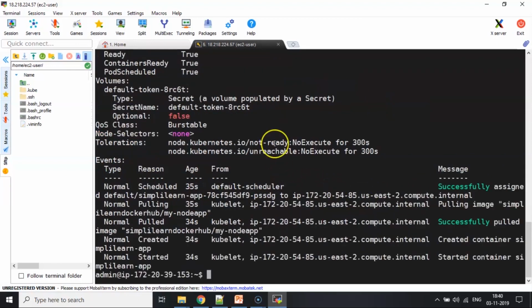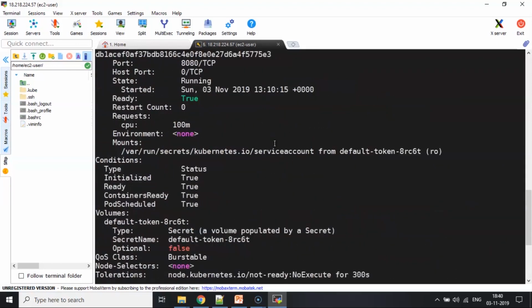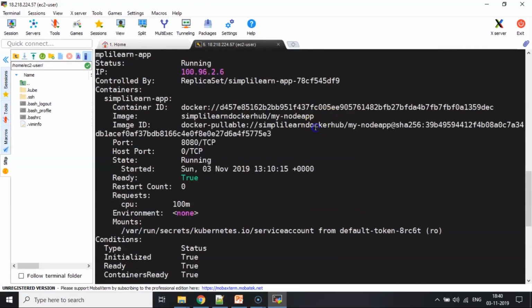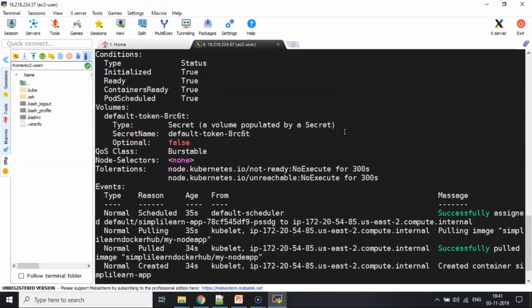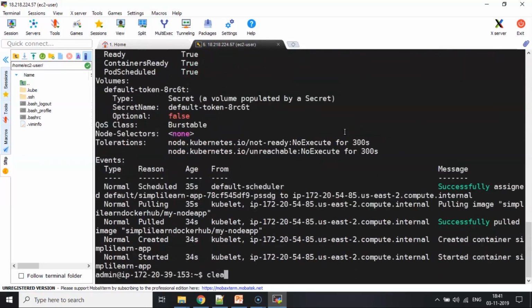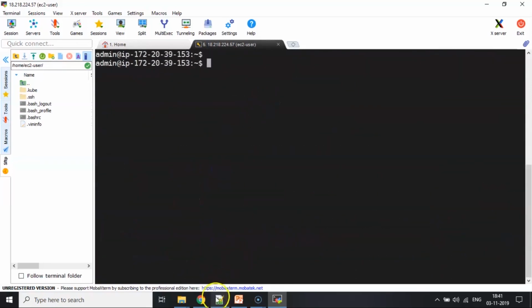any of the pod names and see what information it contains, what is the image that it is pulling, what is the image name, ID. This is actually running my pod, which is actually spinning up a container. Great. So far so good.